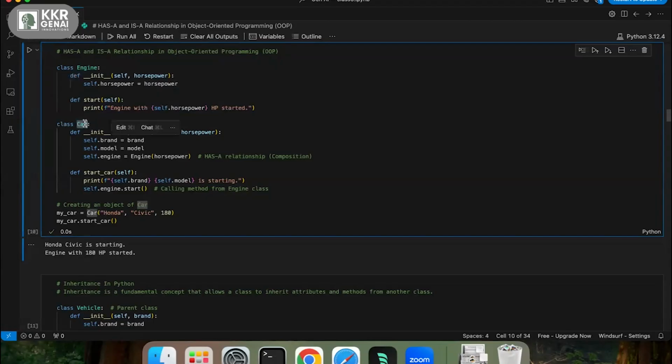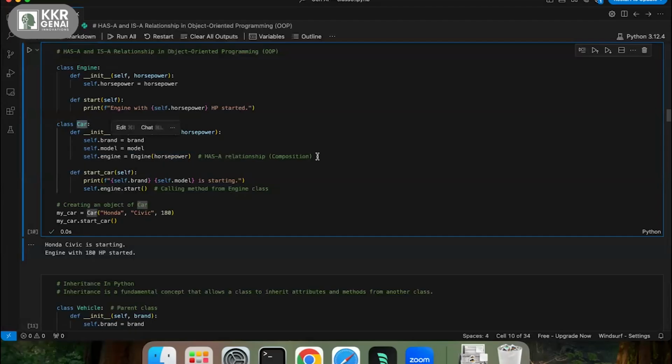Inside this car class, I have to have an engine. So inside my instance method, I am creating an object for engine, so that inside car it has an engine. So car has engine. This is composition.